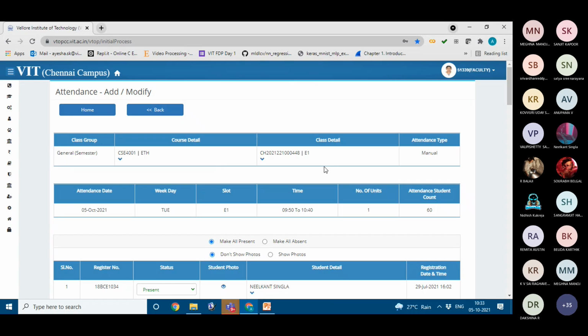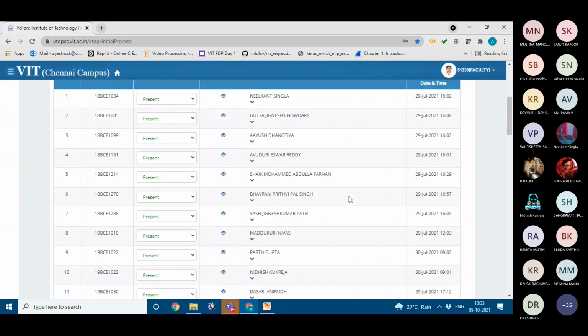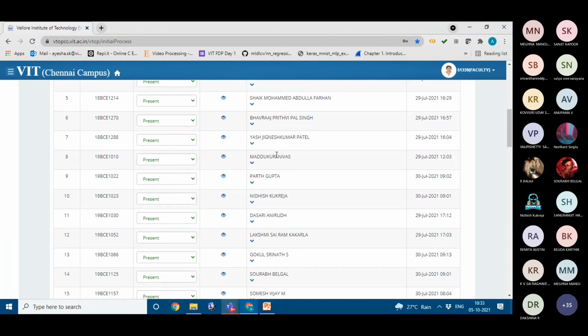All of you answer your attendance. Neelkant, yes ma'am. Jignesh, present ma'am. Ayush, present ma'am. Ishwar Reddy, present ma'am. Abdullah Farhan, present ma'am. Dhavraj, present ma'am. Prithvipal Singh.